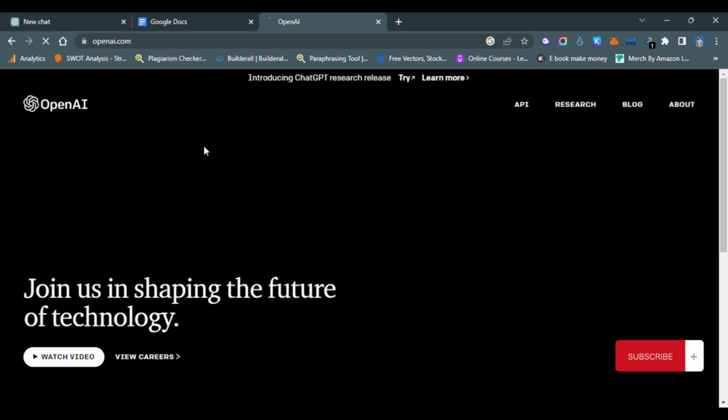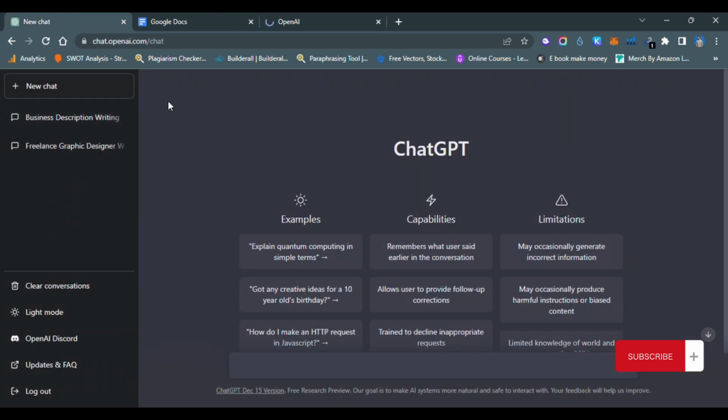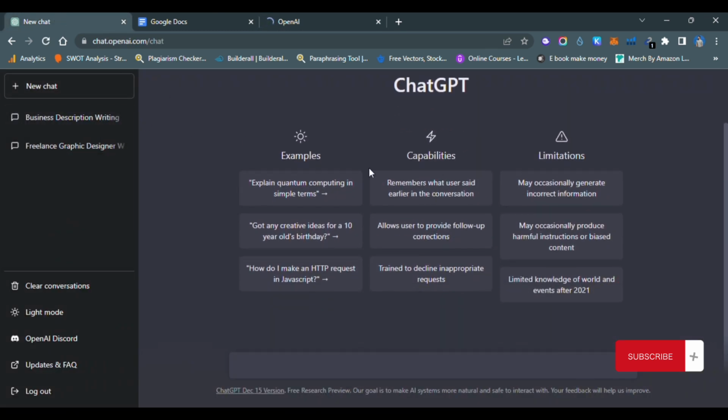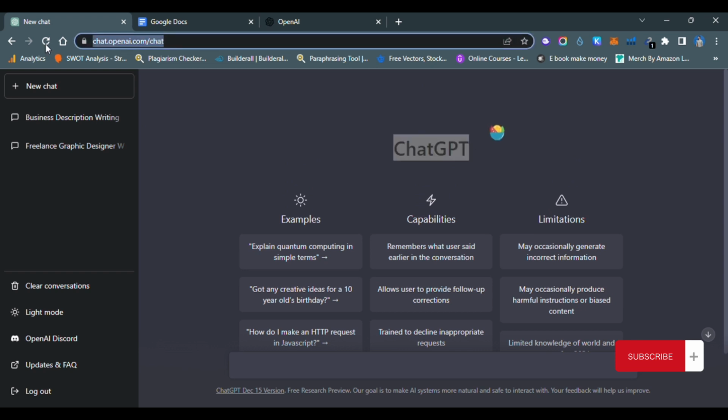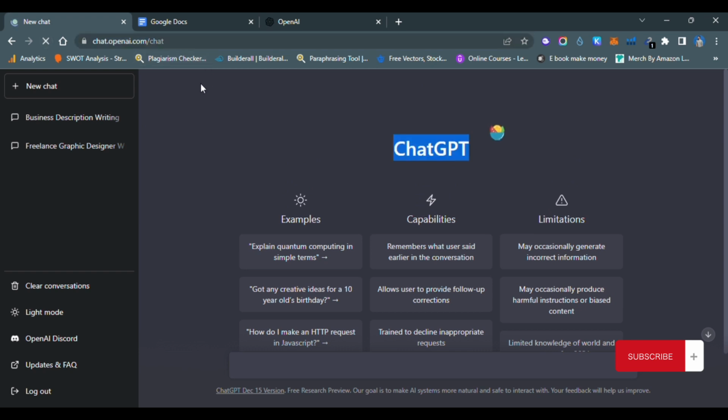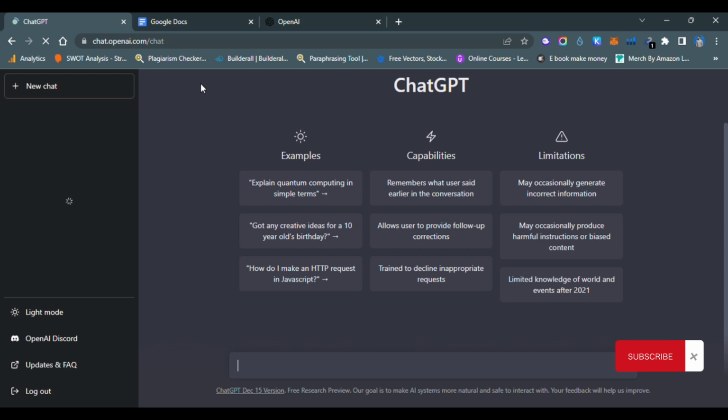As you can see, this is the tool called ChatGPT. Let me refresh it for you guys. It's an amazing tool to write a resume. For example, I will go here and type a short thing. If you don't know how to write an email, there are many people who are good communicators, but when it comes to writing an email, they don't know how to write it properly. So I'm going to go here and type